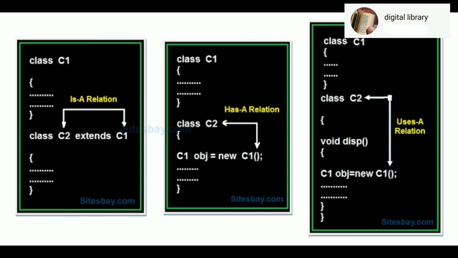Third, the "uses a" relationship. This means that a type of object will be using another object as the program progresses. For example, given number 1, number 2 and number 3, number 1 uses number 2 to arrive at the sum of number